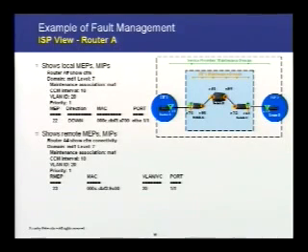I don't know if the font is very small, let me read it out a little bit. If you do a show CFM on one MEP, it will tell you the maintenance level at level 7. At this particular router, which is router A, we have only one level, that's level 7, and the MEP, which is the number that we assign, is 22, and the direction is down. This is not the operation or the admin state. This is the direction as defined in